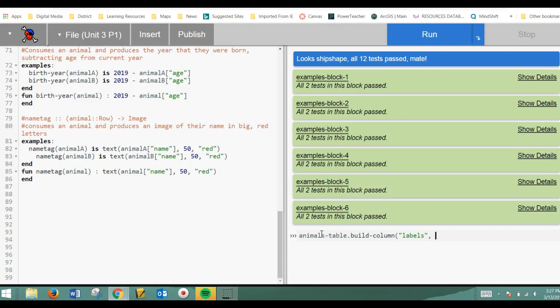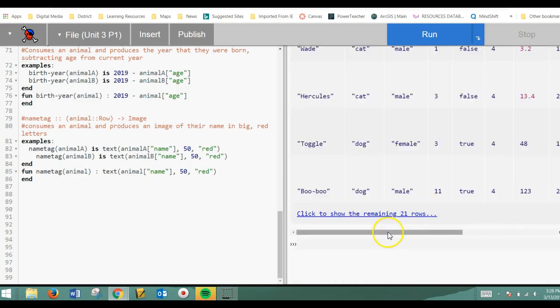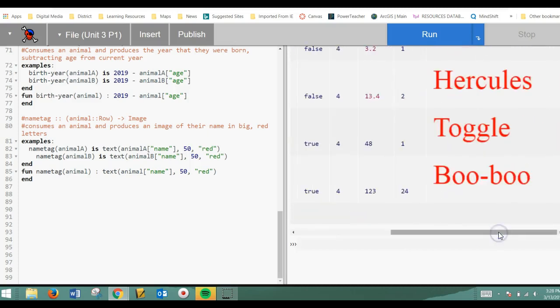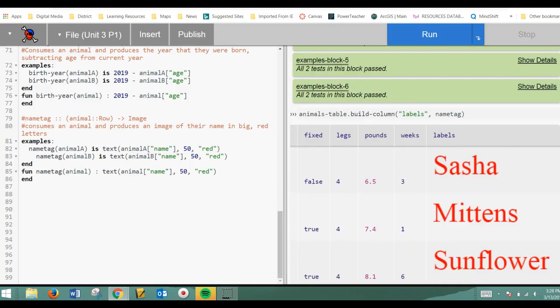And we want to use this new name tag function that we created because we want to print out a list of name tags in bright font. So we want to use the name tag function. Now when we take this and run it, you're going to see that we've appended to the animals table all of the names of the animals in large